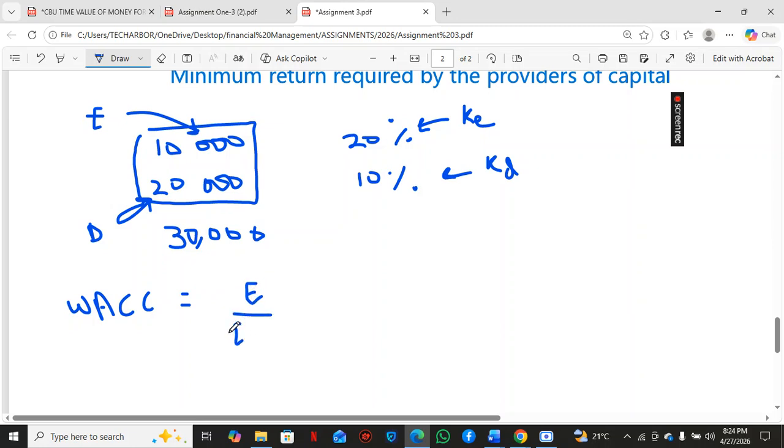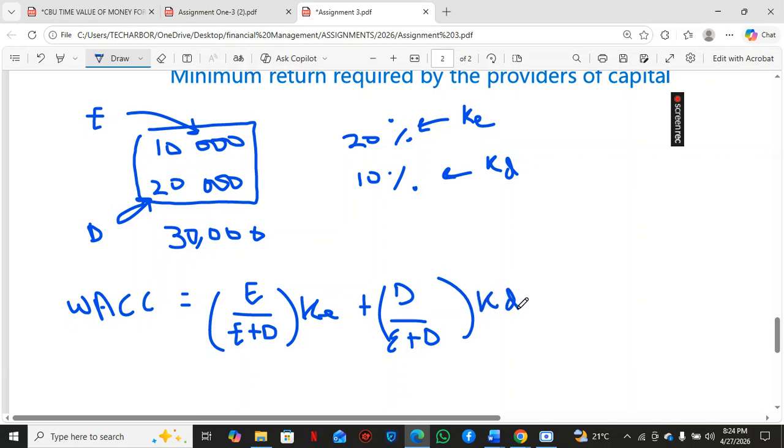Let me just write it down before I explain everything. So colleagues, these are the weightages here. So you're going to say